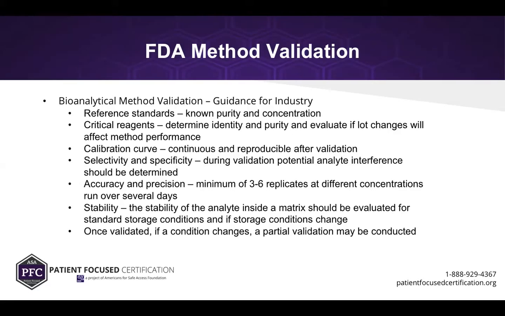Accuracy and precision, this is one of the ways that the FDA builds upon ICH. They have a minimum of 3 to 6 replicates at different concentrations. They must be run over several days to show that you can actually reproduce the same results over and over and over again. The stability of the analyte inside a matrix should also be evaluated for standard storage conditions and